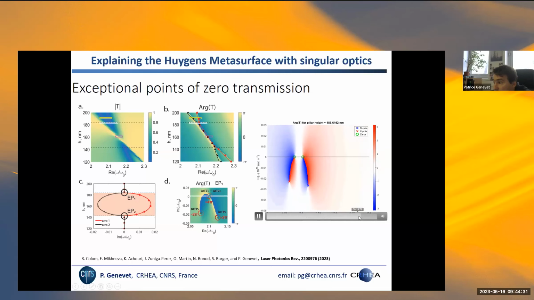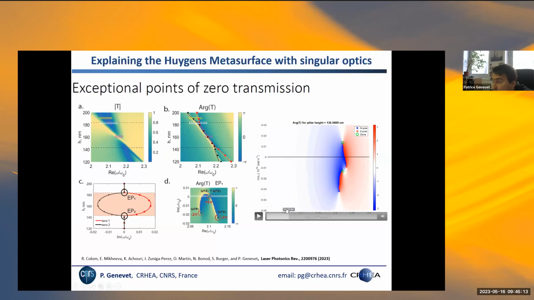This is fascinating. What is happening here is a spontaneous symmetry breaking that is due to the fact that you see the red structure here, the red cross, which is the electric dipole, moves with the parameters much faster than the actual magnetic dipole because it's more confined, so it's more sensitive to geometry, but it moves so fast that it wants to change, go to the other side, but it cannot. Otherwise, you have to cross this line that connects zero and pole that we call the branch cut in topological photonics. And you cannot, it's a topological problem. For this to happen, the zero has to move sufficiently far away to leave some room for the actual pole to pass to the other side and then collide again.